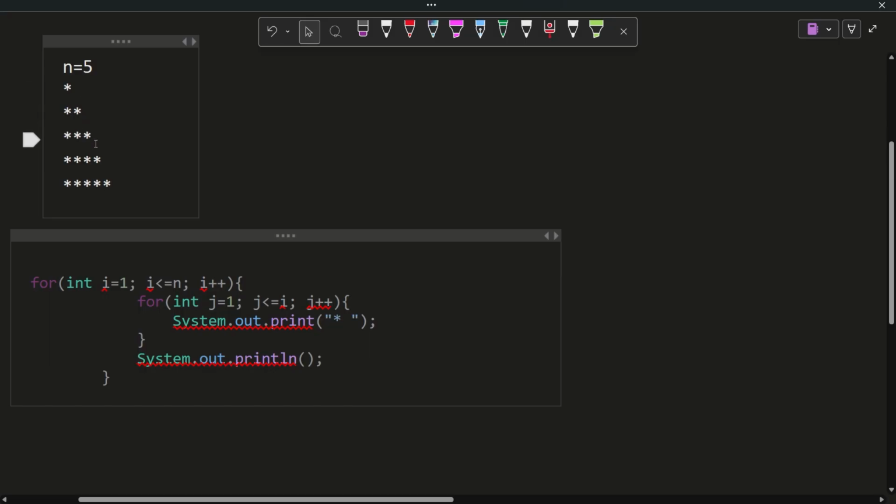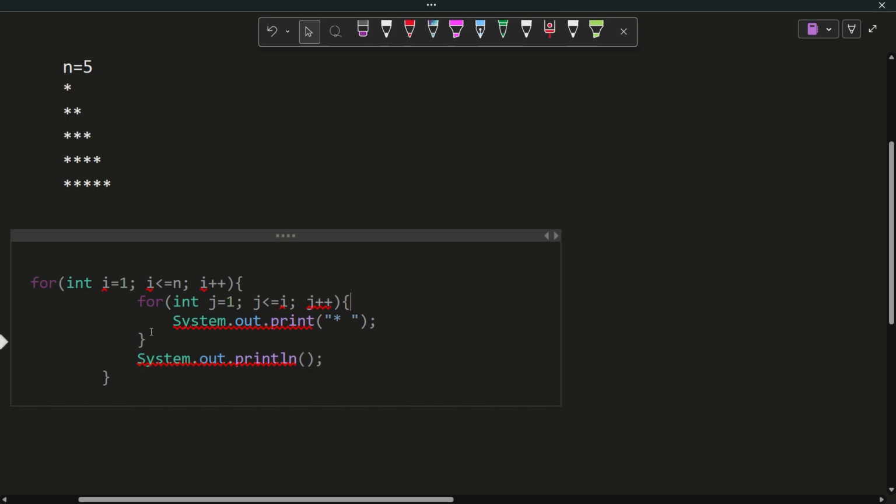Second row, second star. Third row, third star. It differs with the column as well, right? So fourth row, four stars, and fifth row, five stars. And if you see, in the first row, first column there is only one star, whereas in the second column I don't see any star. So here the star depends on the rows. Clear? If you see in the first row, first column only a single star got printed, whereas in the second column no star is getting printed because it depends on the row.